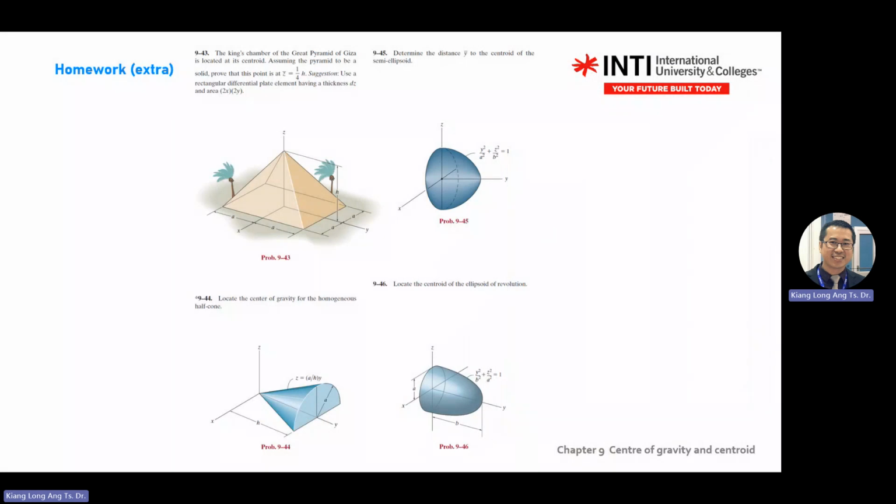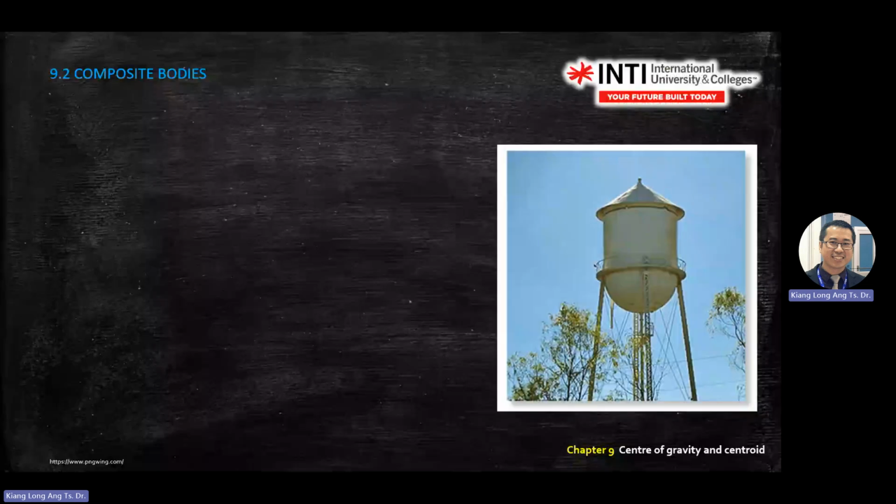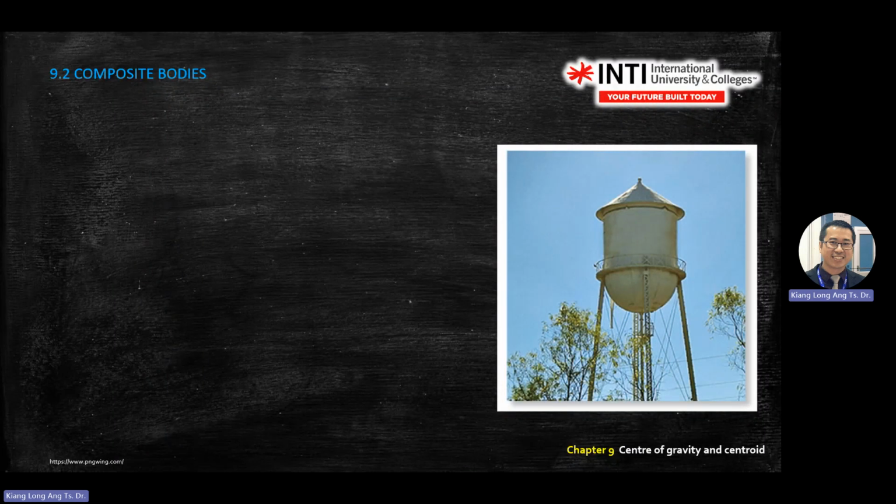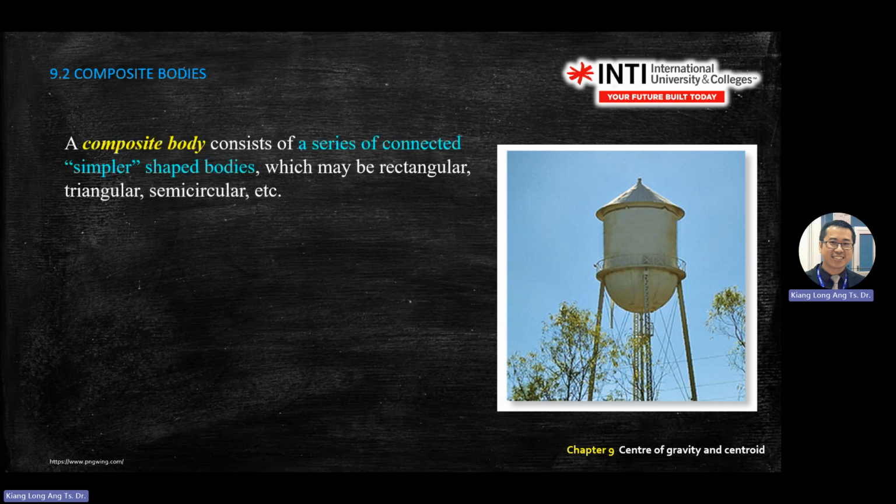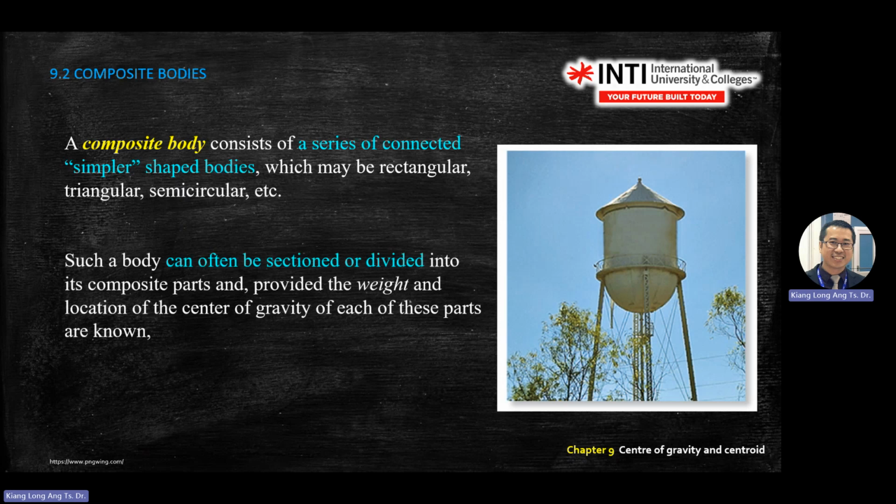Okay. Just now what we studied is individual shapes. What happens if there are many shapes, like for example the one that you see on the diagram here? This consists of many shapes: cone, cylinder, and sphere. So how do you find the center of mass, or center of volume, or center of gravity? You combine everything. You do the same. The steps are the same. You lock the reference point, and then you do the thing. So for a composite body,